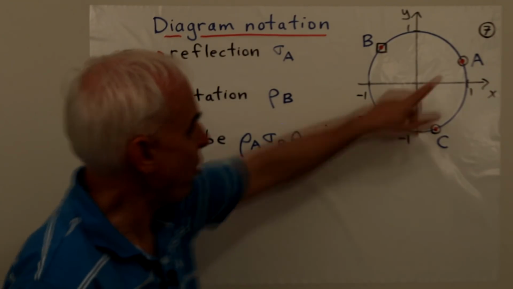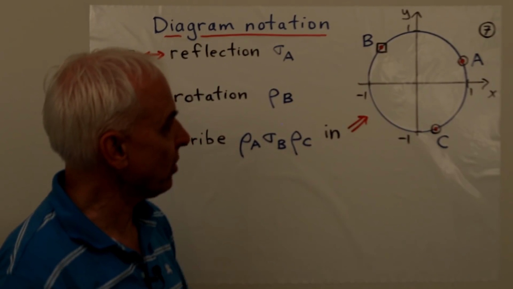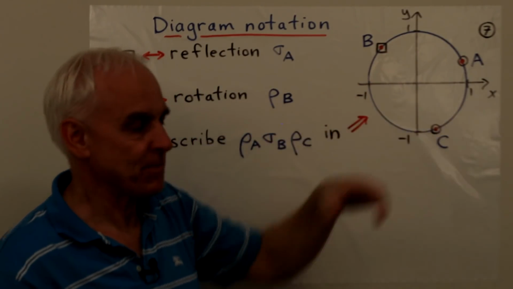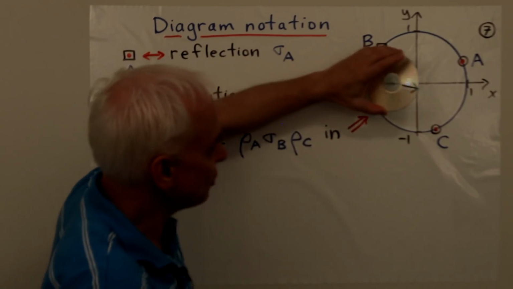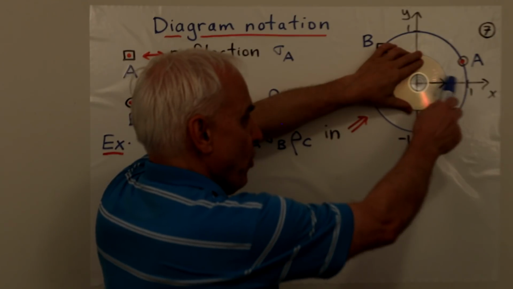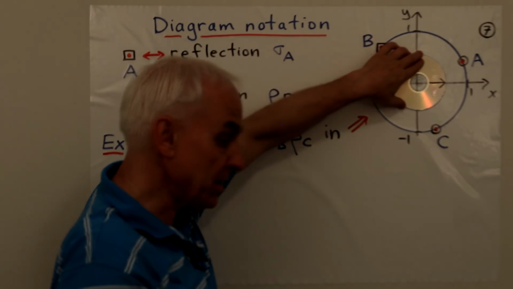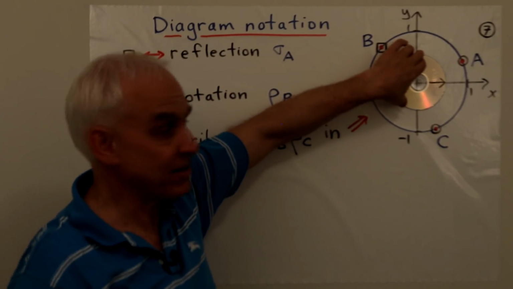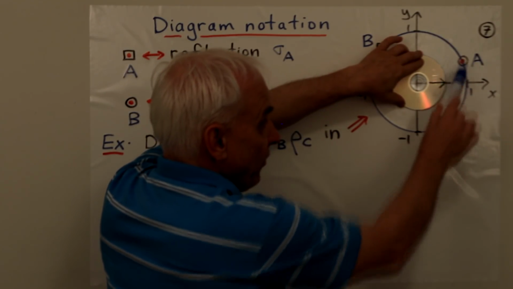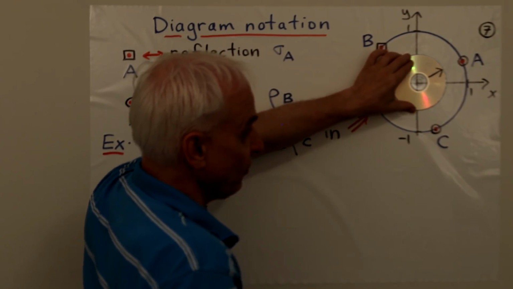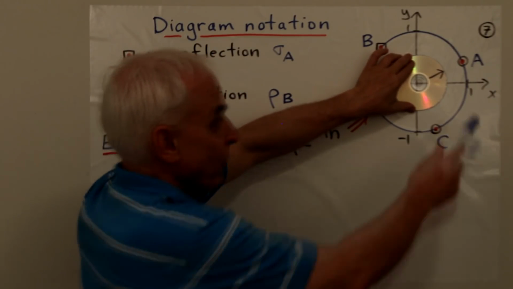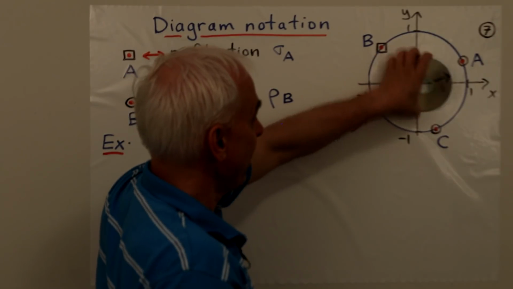So here we see 3 points, A, B, and C on our unit circle, and this represents the rotation rho sub A. Let me remind you what that does. So if here is our circle, and we're orienting, so it's pointing towards the identity, if we apply rho sub A to this, what's going to happen is that that point there at the identity moves up to A. So the circle is just going to rotate like that. That's what the rotation rho sub A does.